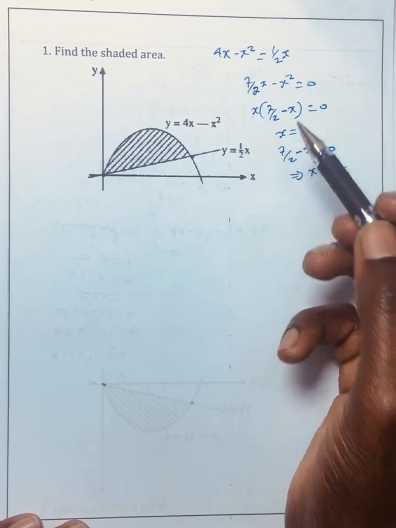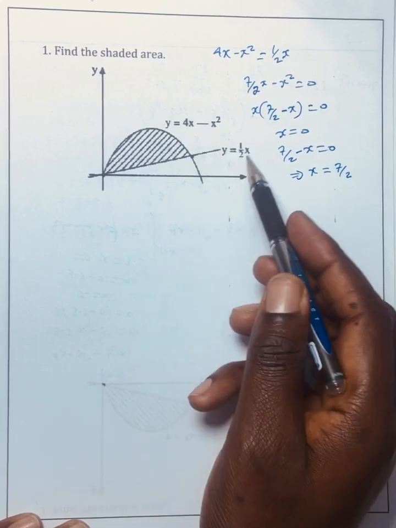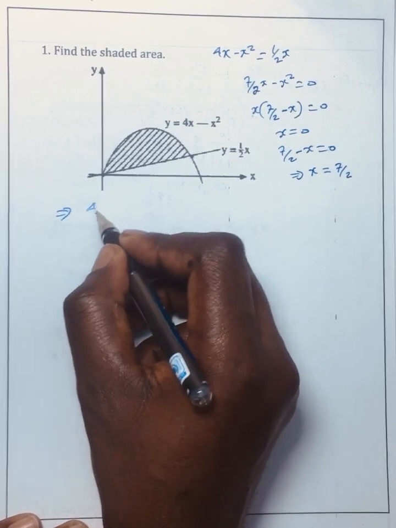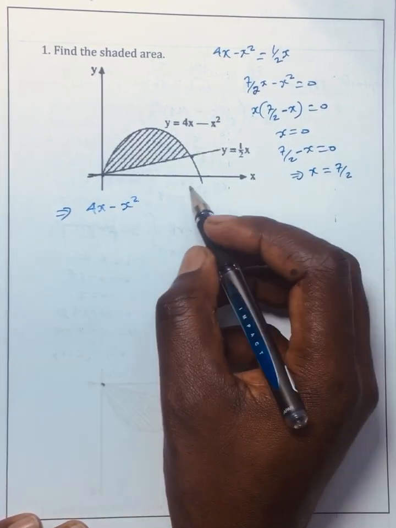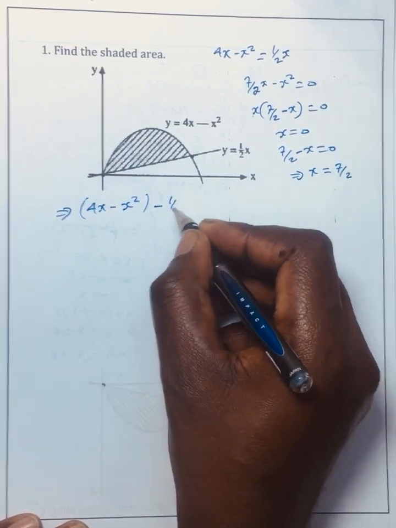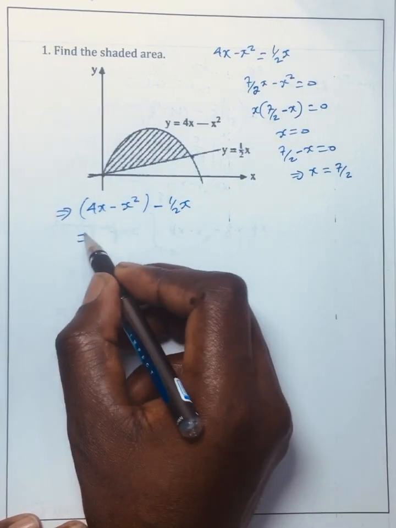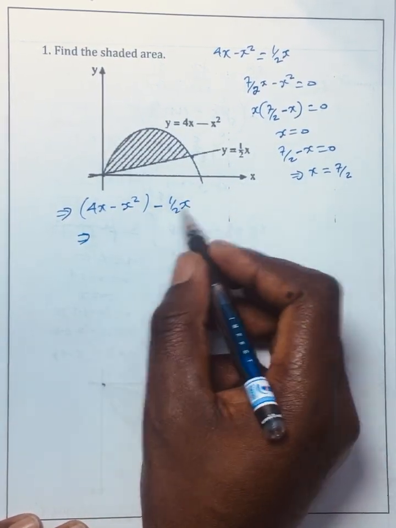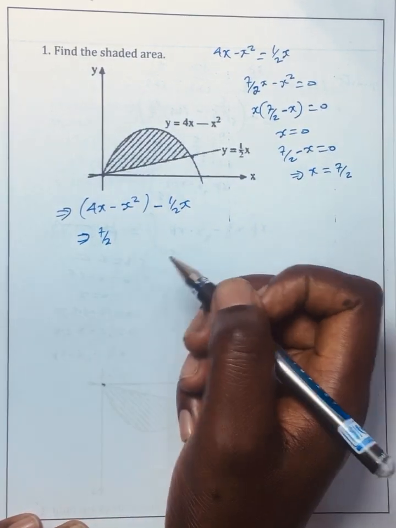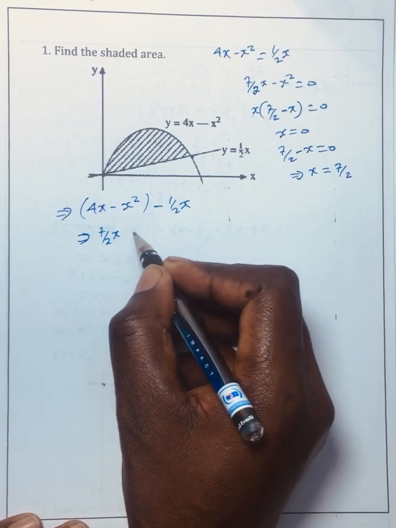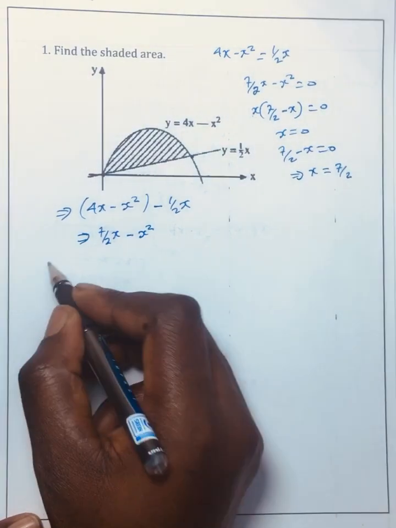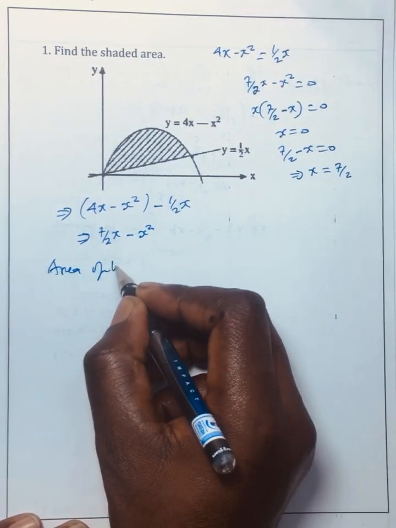So for us to do that, we're just going to take this y minus that y, so that we have the shaded region. If we do that, we have 4x minus x squared, that one, minus the other y, that is half x. So that should give us 4x minus half x, that is 7 over 2, that is 3.5x minus x squared. So the area of the shaded region